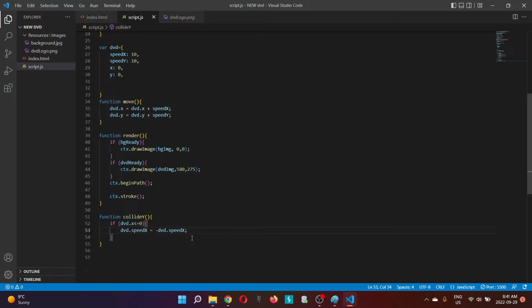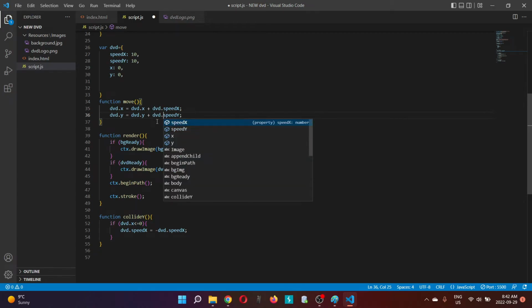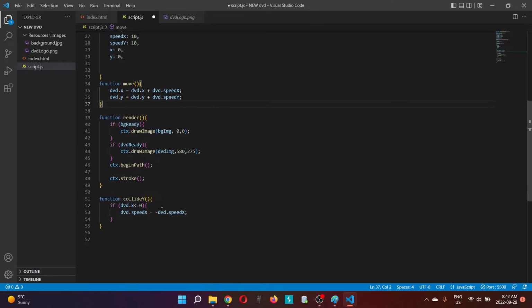Do you understand what I'm doing? I'm changing the speed from +1 to a -1. So instead of adding over here, it becomes dvd.x plus minus speed x. I need to put DVD here as well. Okay, so yeah, it's gonna be dvd.x plus minus dvd.speedx. So it's gonna change the direction,